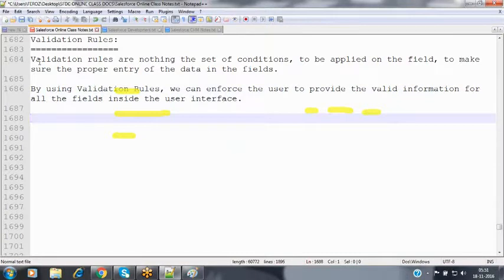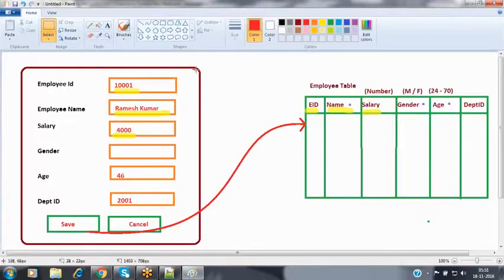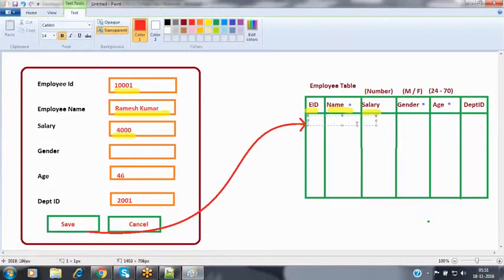Then what is the use of creating these validation rules? The main purpose of the validation rule is to maintain the accuracy of the data, to maintain the quality of the data. Suppose, for example, I'm creating a new record inside my table. I'm entering some employee ID, 1001.